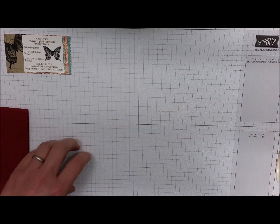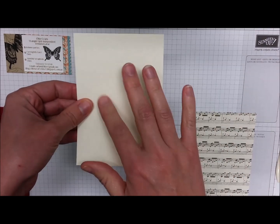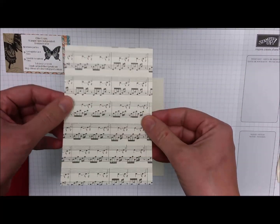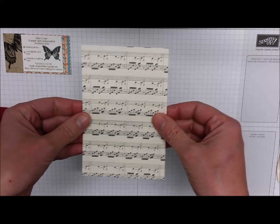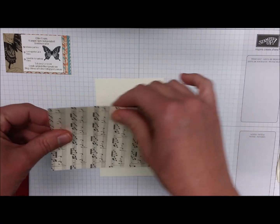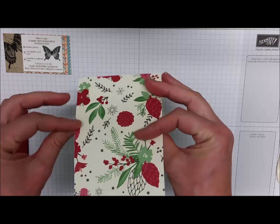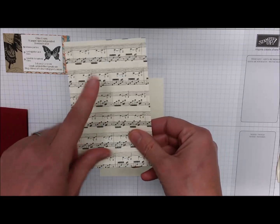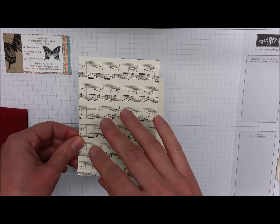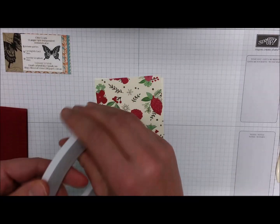The other things we're going to need today: a piece of Very Vanilla. This Very Vanilla is 3 3/4 by 5.5, and we're using the paper from This Christmas Specialty DSP. It's actually in the annual catalogue, not the holiday catalogue. It's a specialty piece because it's really wafer thin, a bit like the old typeset paper, a bit like a newspaper sort of print. You get 4 sheets of each of the patterns, so they're double-sided, and we're using the musical notes one for this. This is cut down to 3 5/8 by 5 3/8. All the measurements, as always, will be on my blog, which is